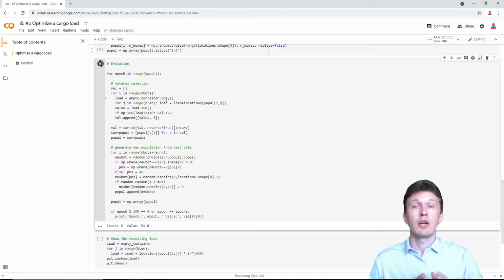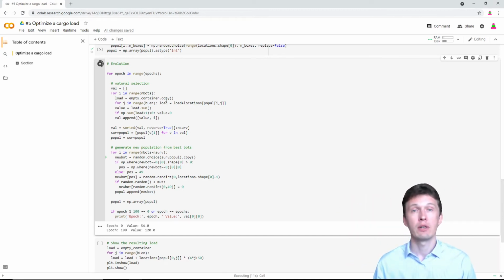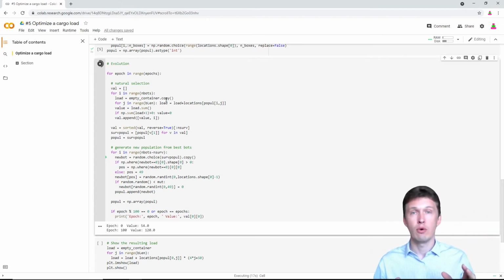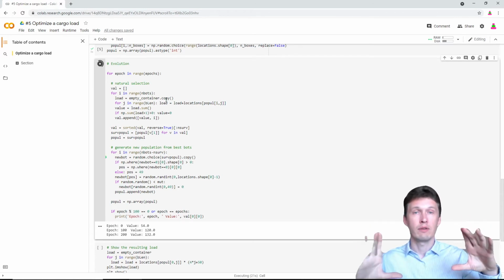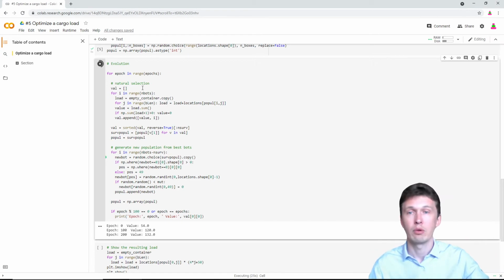And natural selection is: we evaluate each bot by how many units of the container it takes. Each free space is zero, and each box is ones, so the maximum is 10 by 15, 150 ones. So 150 is the maximum evaluation of a bot.